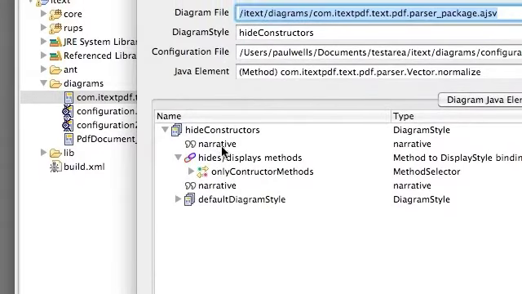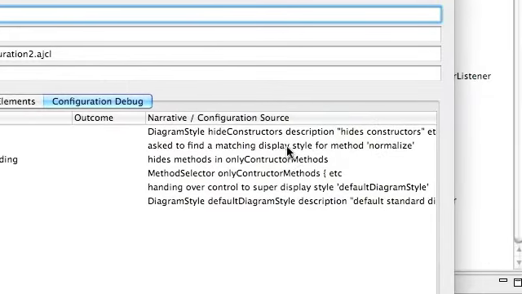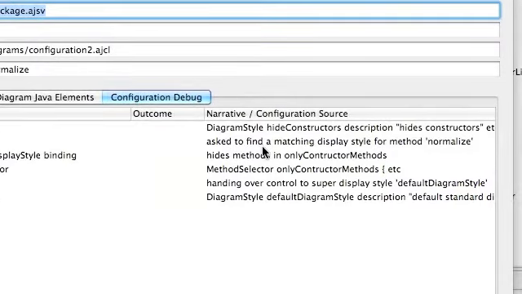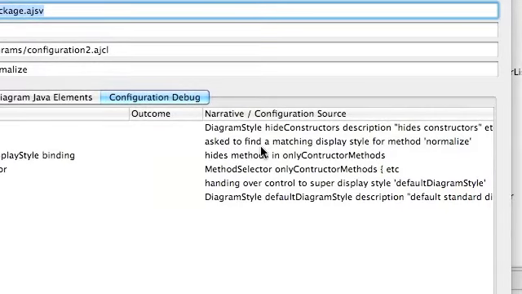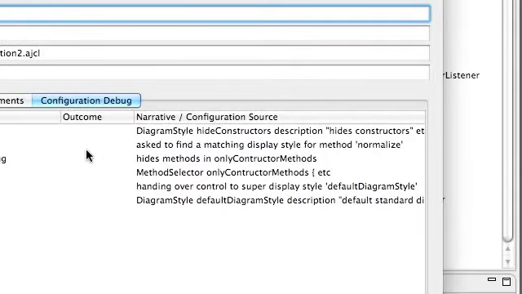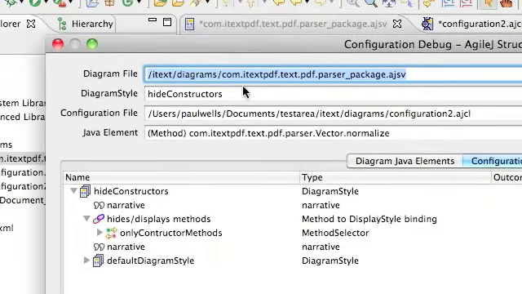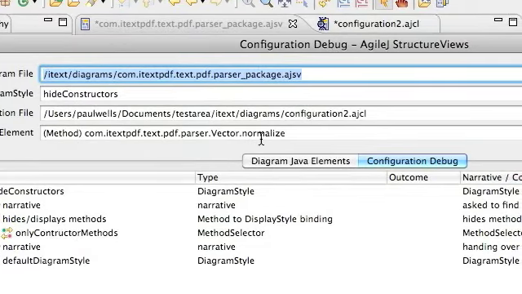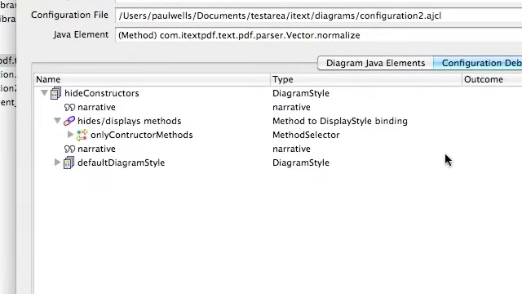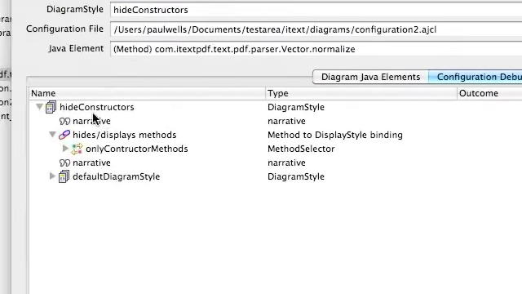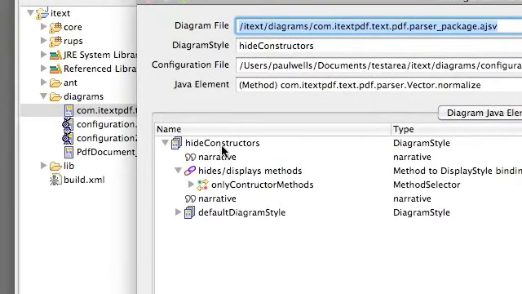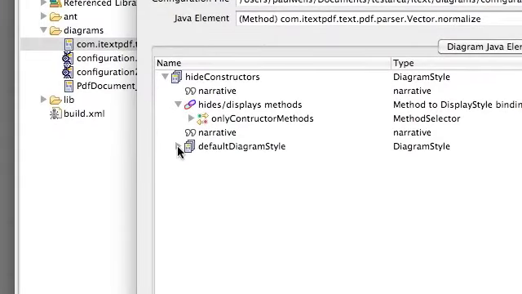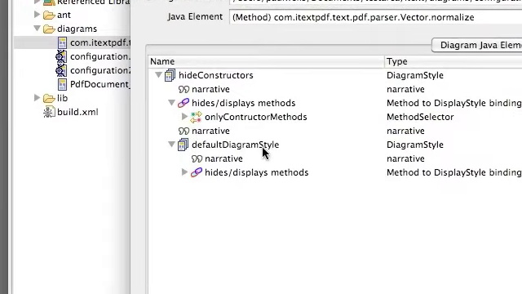So you get these parts here which are just narrative, and that tells you what it's thinking on the inside. So here it's saying that it's been asked to match a display style for this method called normalize. That's the element that we're looking at, which is the vector normalize method, and you can see that it went through and it didn't find a match in the hide constructors diagram style, so then it got passed via the inheritance through to the default diagram style, and